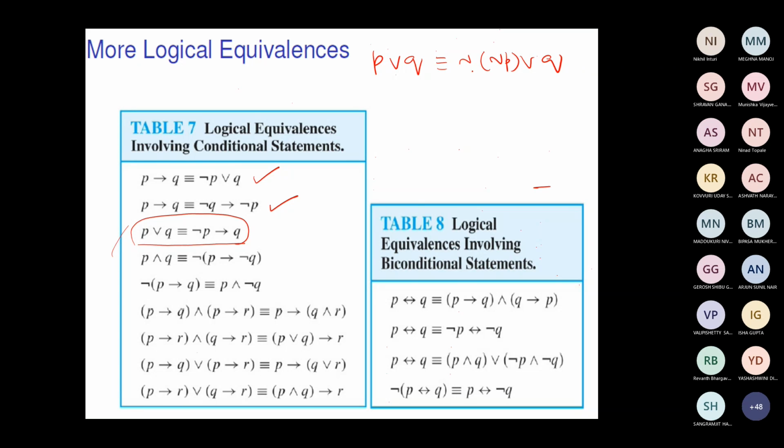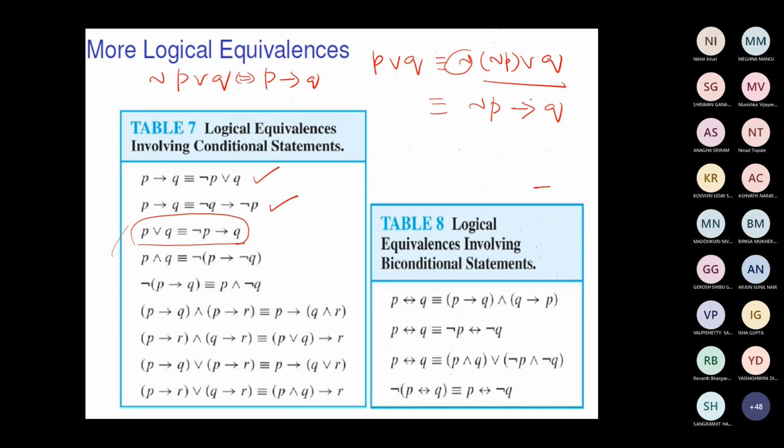So P can be written as not of not P. So it looks like not of something or Q. You know very well, not of P or Q, how will you write? That is equivalent to P tends to Q. So here also, not of something or Q, it is nothing but that something tends to Q. What is that something? Not P. So not P tends to Q. Clear?